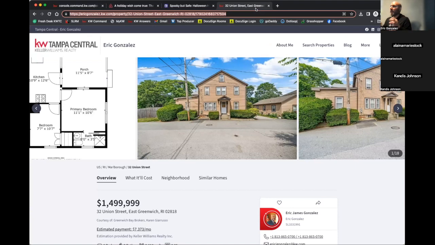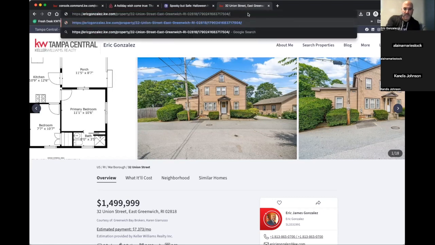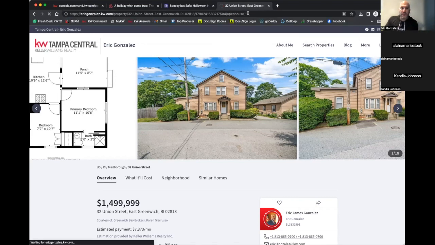Have you guys seen the open house feature where you can create a sheet here that'll help you sign in people when they come into an open house? So if you have an iPad or even your computer and you want people to just sign in on your website, you just basically go up here and I think it's /open house. It'll turn this sheet into an open house sign-in sheet for you on your website. So if I go here and do that,